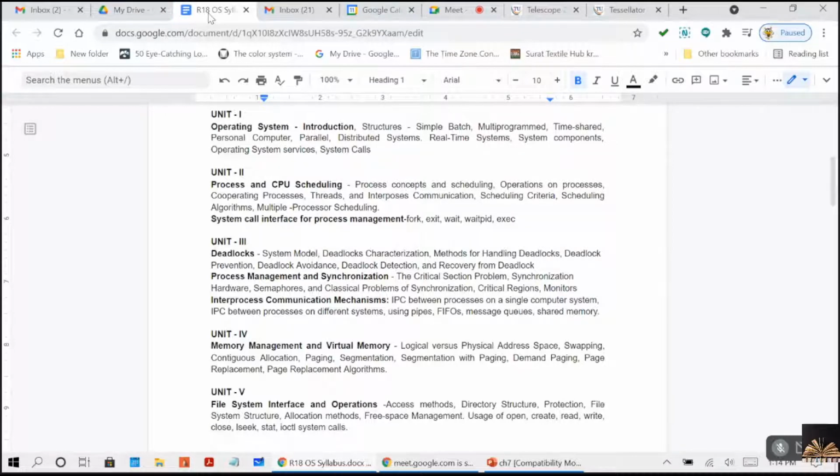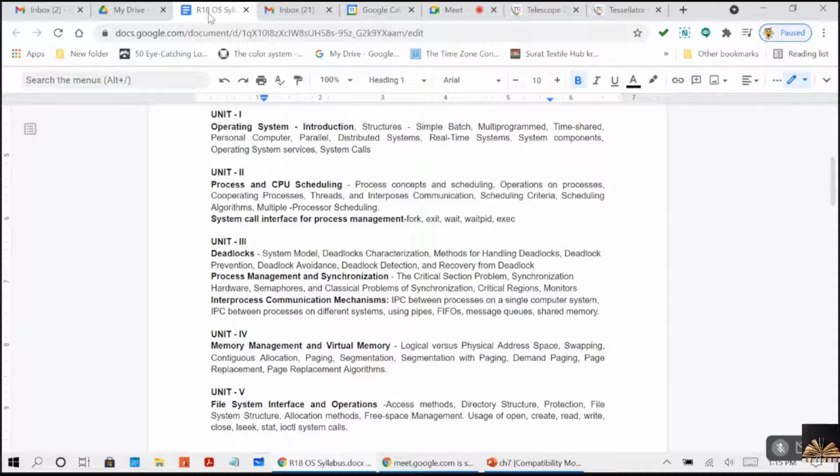So we'll discuss what are the problems with the critical section, right, and what happens when two or more processes are accessing the same resources. There we should make sure that they both should be synchronized, right? So we'll discuss the synchronization here. And for that, we use some data structures called semaphores and monitors. We'll be discussing, right? And what are the problems of synchronization, right? Like we'll be discussing here about the producer-consumer problem again, and dining philosopher problem, right? So like this, we will be discussing about the process management and synchronization, right?